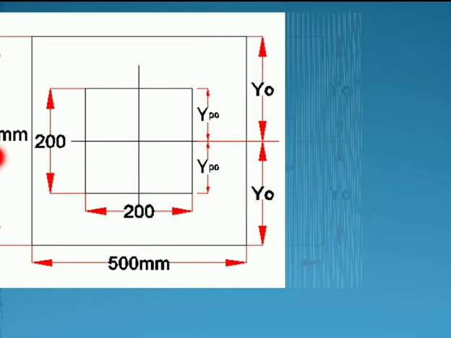Now in this case we have a beam which has the same dimensions, the section is a square one, hence there is no difficulty in finding y naught because it will be the same. If we have a rectangular section, then the least dimension has to be taken as 2y naught. That will be the bearing area, which is given by the side which is the least cross section of the beam.